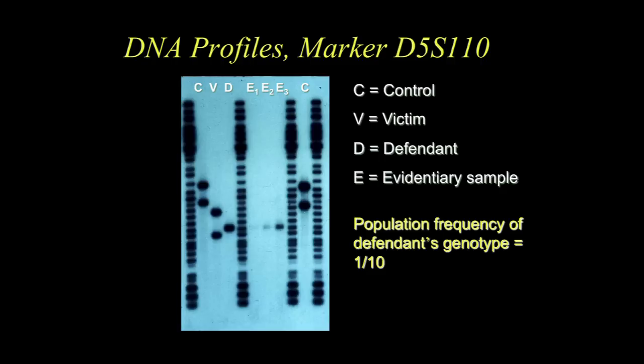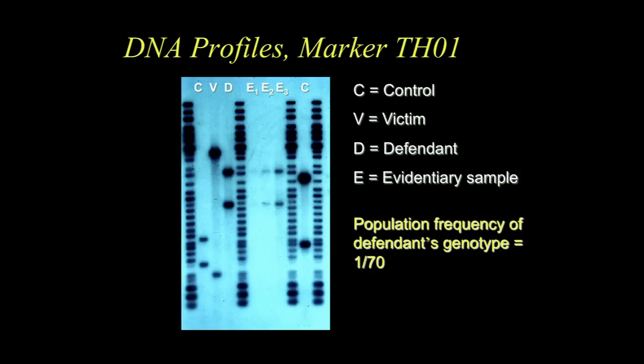D5S110 generates a single fragment from Michael DeCorso, also corresponding with that of both of the teenage rape victims. That one occurs 1 in 10. Let's do another one, TH01. That generates two fragments from Michael DeCorso that again correspond to the teenage rape victim's DNA with a frequency of 1 in 70. So I ask you now, what is the probability of having all 4 of these markers corresponding